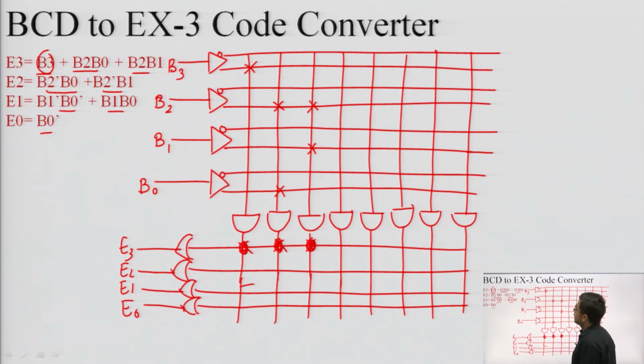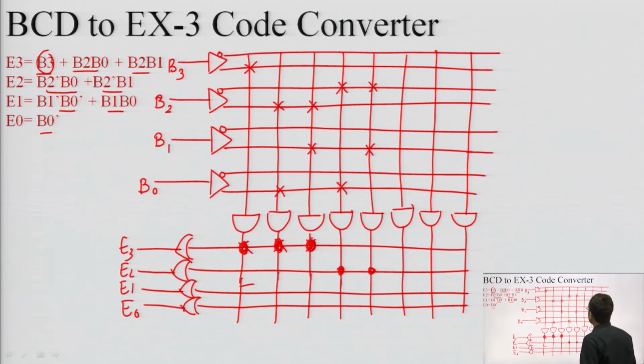Then E2 will be B2 bar B0, this is B2 bar and this is B0. Second is B2 bar B1, this is B2 bar and this is B1. These next two products will be entering another OR gate to give you E2.